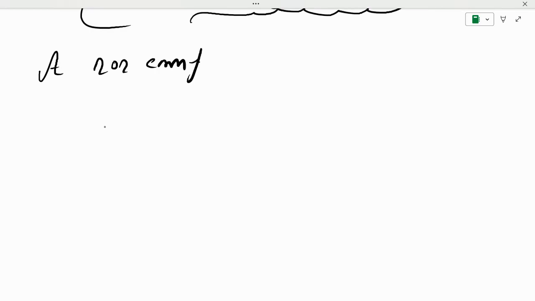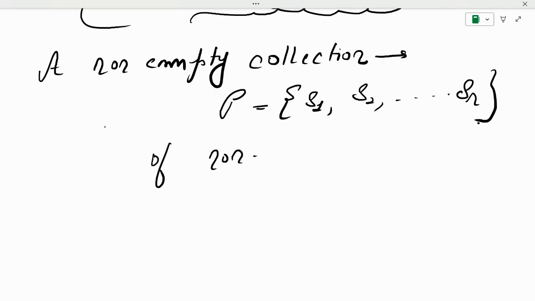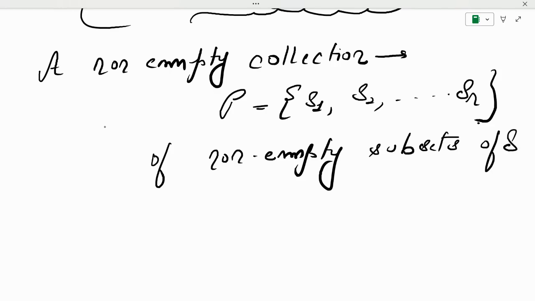So let's say we have a non-empty collection. Now, a collection could be of a set. You can consider a collection as a set or a relation consisting of certain elements. So we have a non-empty collection, let's denote it by P, and it contains S1, S2, dot dot dot up to Sn. It's a collection of non-empty subsets of set S, such that